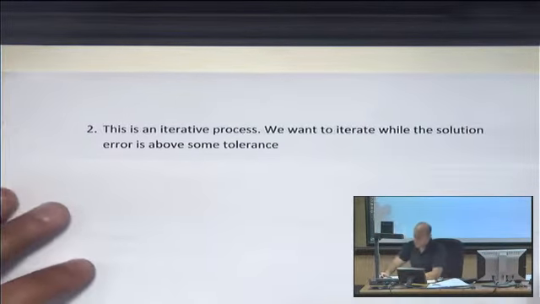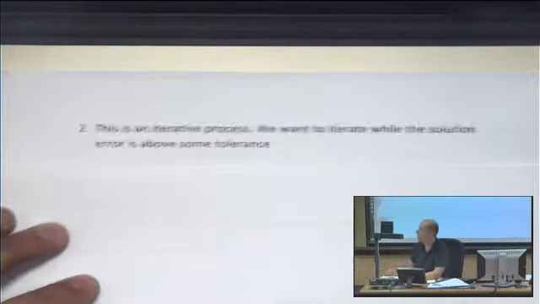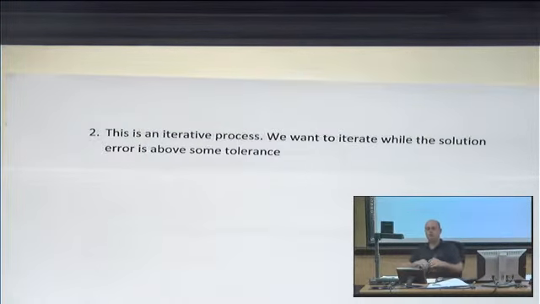So, step 2. The Jacobi algorithm was an iterative process, right? We did a certain number of iterations. We continued to do it over and over again. So that sounded like a loop, right? So when I did it by hand, I did 2 iterations. I probably stopped a little prematurely. Maybe I wanted to get more accurate, so I would have done 3 or 4 or 5 or 7 iterations. And I wanted to continue to do that